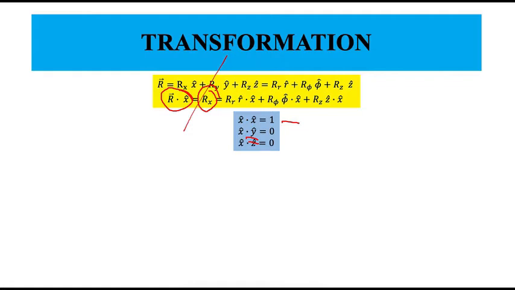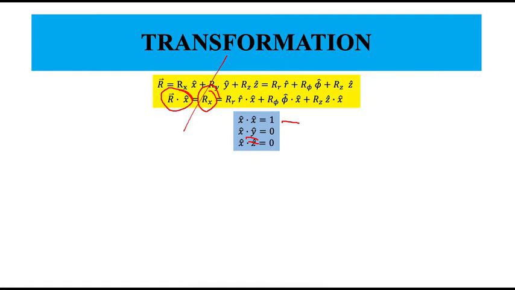So this is another definition of perpendicularity or normality or orthogonality. Two vectors are said to be perpendicular to each other, or normal to each other, or orthogonal to each other, when the dot product between the two vectors vanishes. Similarly, x hat dot z hat will also be equal to 0. In fact, x, y, z form a mutually perpendicular set of vectors, something that we looked at in the class lectures. r dot x hat will give me the rx component.